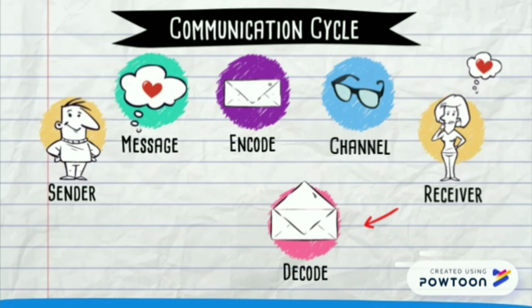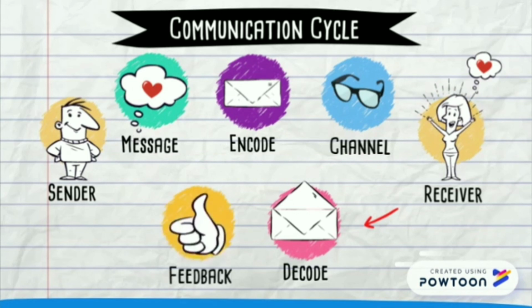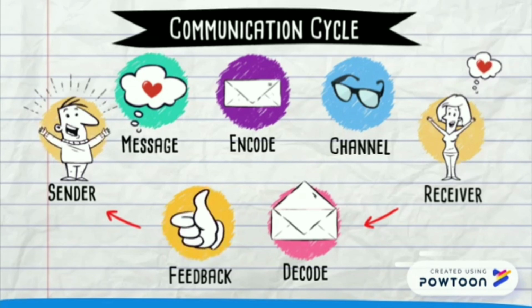Now all we do is wait for her response. What do you think? Will she be into him? Okay, it looks like she is. And that response that she's giving right there, that's our next component, and that is the feedback loop. Any response the receiver gives to the sender. So there you have it, one effective cycle of communication.